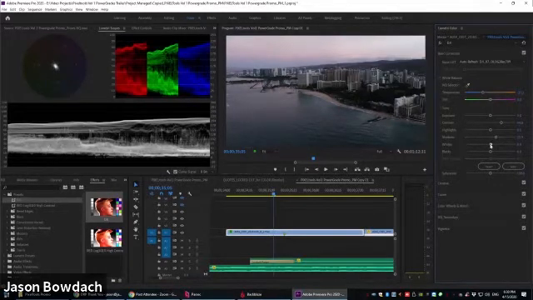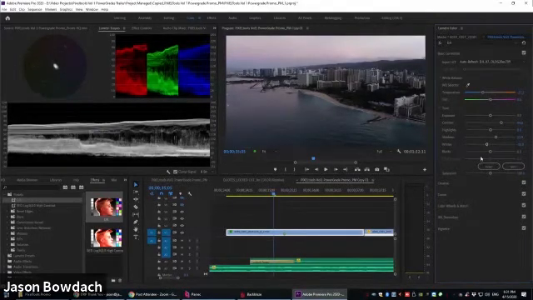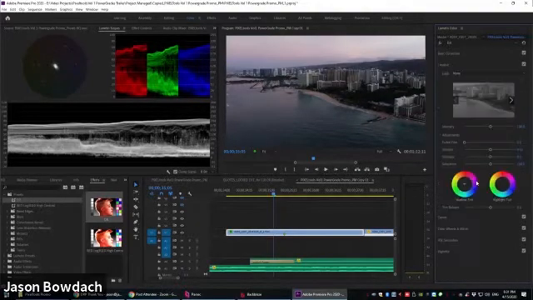And then I'm going to bring down our whites just a tiny bit, because this is sort of a combination between blue and magic hour. I don't want it to be too bright. And then I'm going to tweak our black levels just a little bit with that. I want them just above crushing. Now I can go back and tweak this a little bit more.